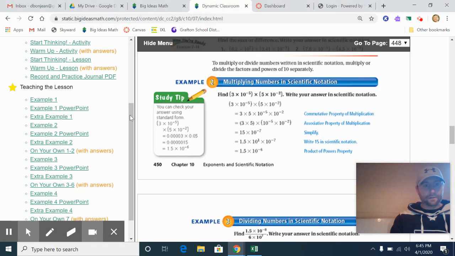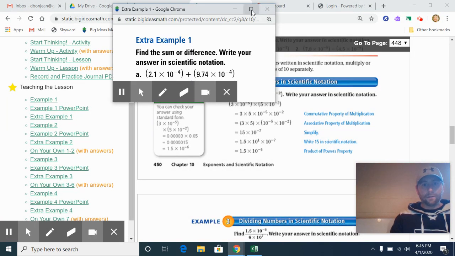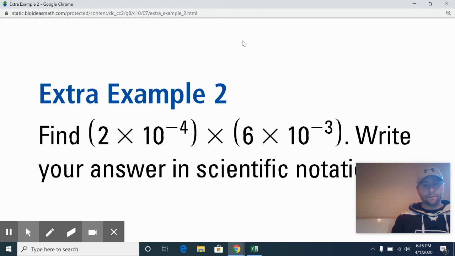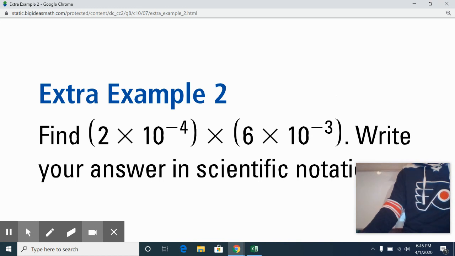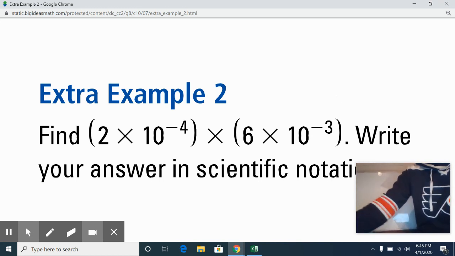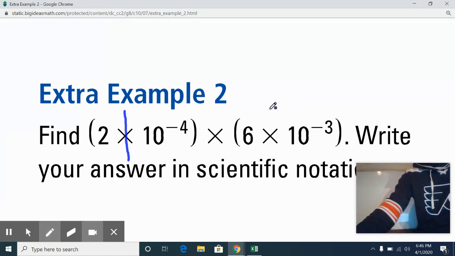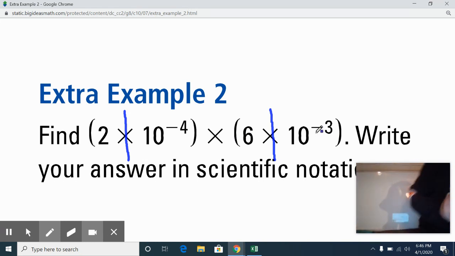Again, let me show you another example real quick. Sorry about that. This one I'm going to do on our whiteboard back here. Here's a way I like to think of it, on your screen here. I'm just going to cut these in half. Remember, I'm taking 2 and multiplying by 6, and then I'm doing 10 to the negative fourth times 10 to the negative third. So that's what I'm going to do back here. I'm going to think of it as 2 times 6, really. So the factors multiplied,